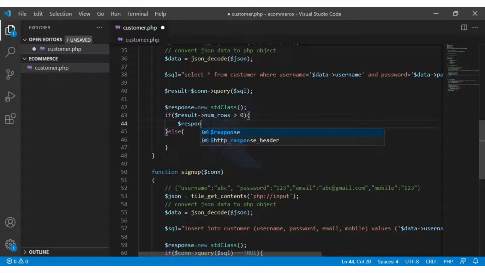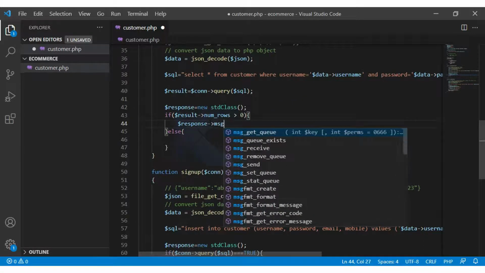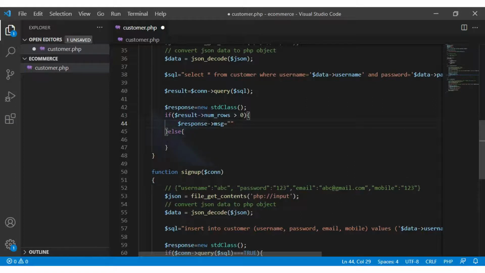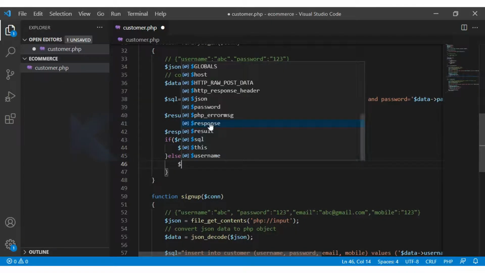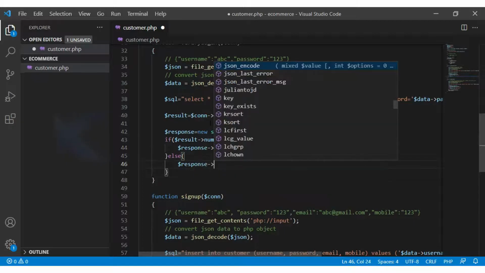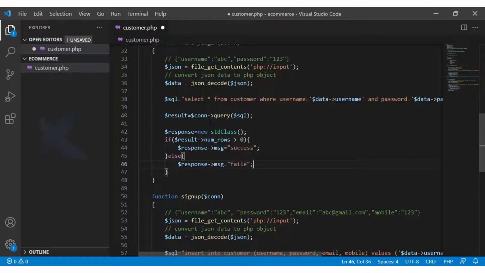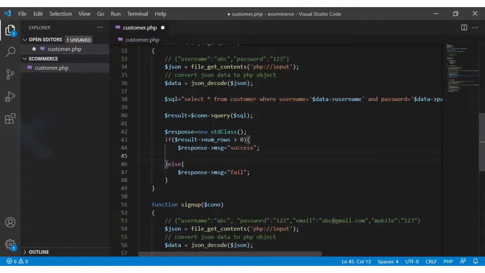Here I write $response->message equal to a message like success, meaning the select query worked well and returned some data. And inside the else part we can have a message like fail, our query failed. And if it is success, then I also want to return the data we get.